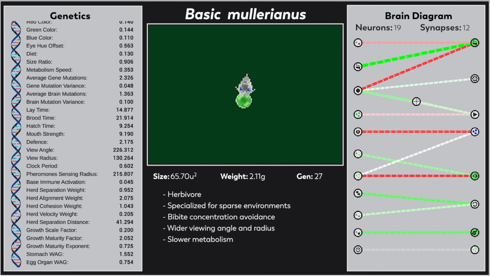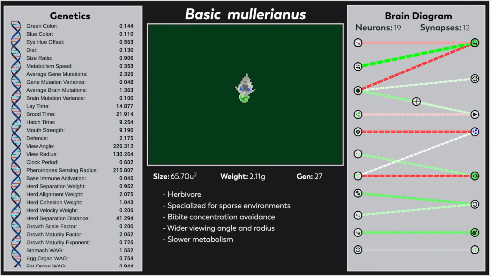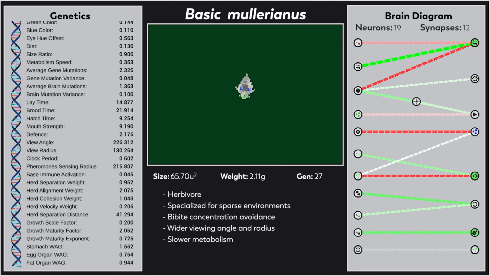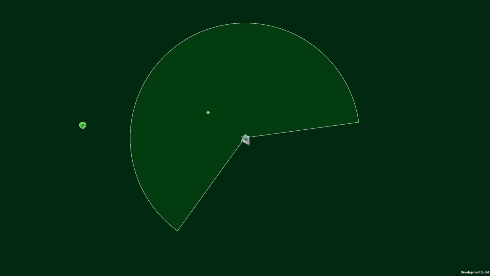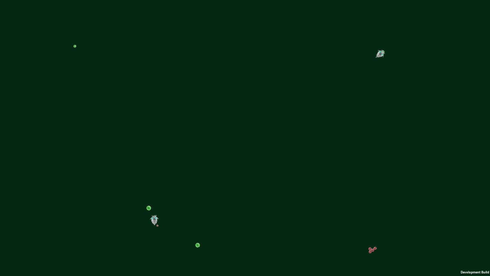Basic Mullerianus is slower and moves around more efficiently, searching for pellets that are further apart. Their field of view got bigger and wider to make sure to miss as few pellets as possible. They don't have to worry as much about competition and running into other individuals, so Mullerianus didn't have as big of an incentive to evolve high bite strength. However, they did display a basic avoidance technique to turn away when they see other Bibites. These adaptations led to Mullerianus thriving in Zone 3 and 4.